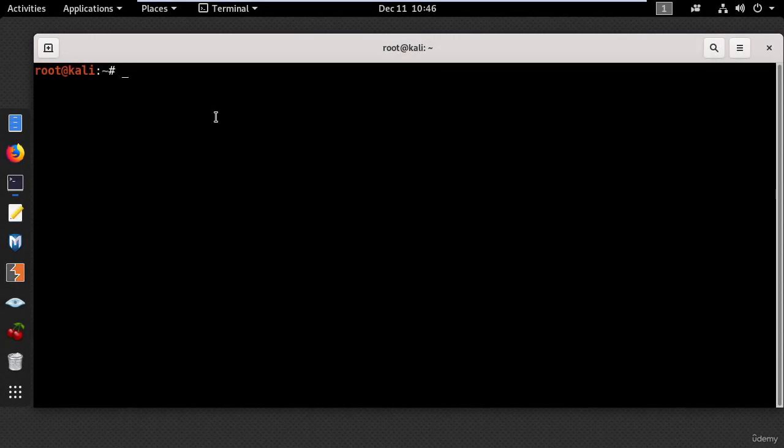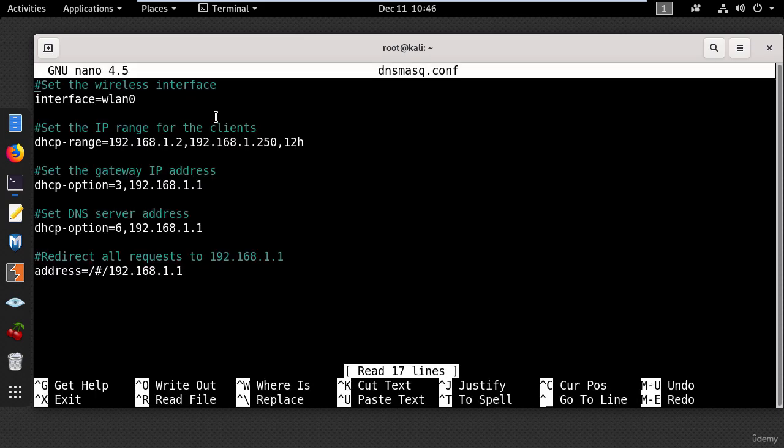Okay, so in this video I'm going to teach you how to enable a captive portal login page on your access point. So first off, I will open the DNSMasq config file using nano and the name of the file. And here on the last line I have added the IP address for the login page. Basically this will redirect any request from the web browser to this IP address when clients connect to the access